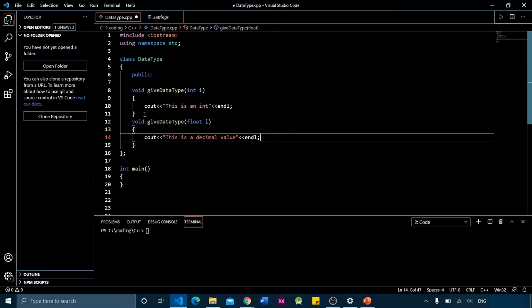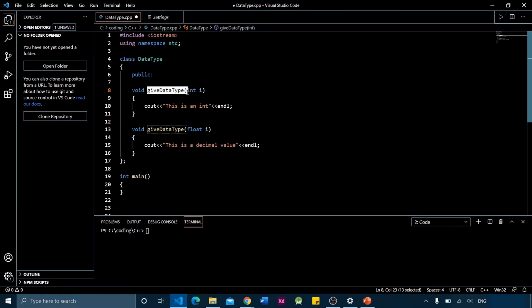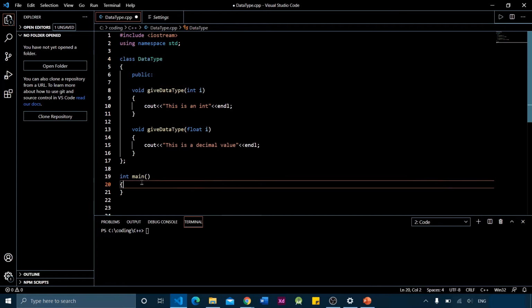These functions are used by the user when he wants to know what type of data he has given as an input, as the argument of this function give data type. Now let us create an object for this class.